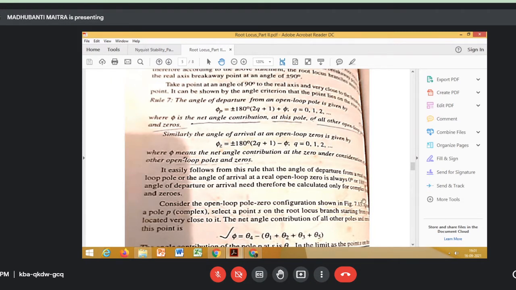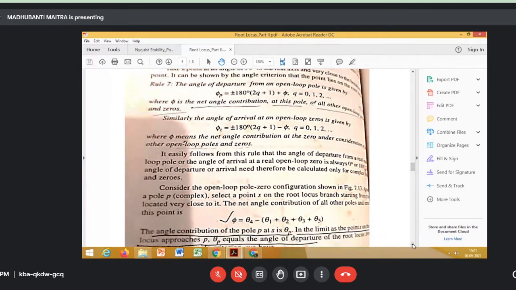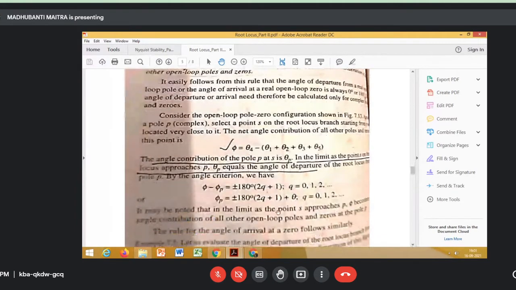Why it would be minus phi? Because we just apply the same logic. The angle contributed by one complex open loop zero will be plus phi z. So this equation will be phi plus phi z, which will be equal to plus minus 180 degree (2q